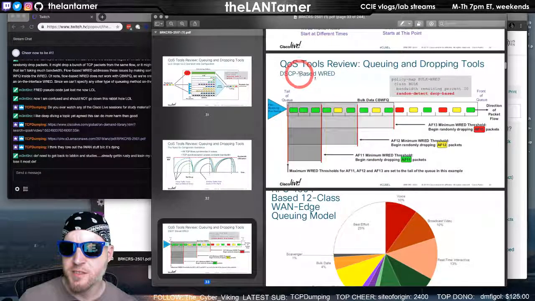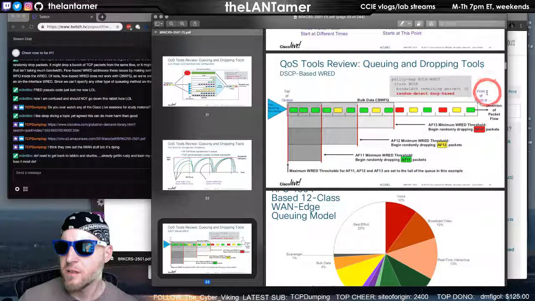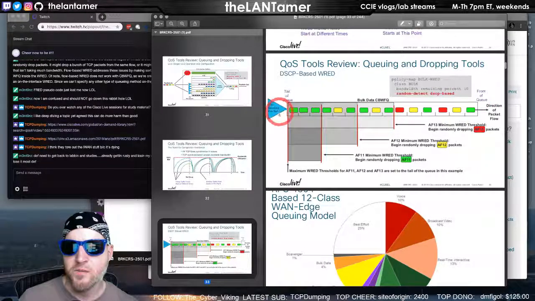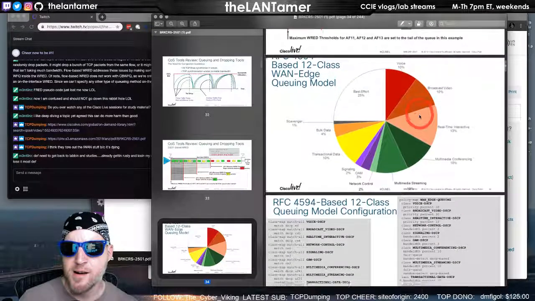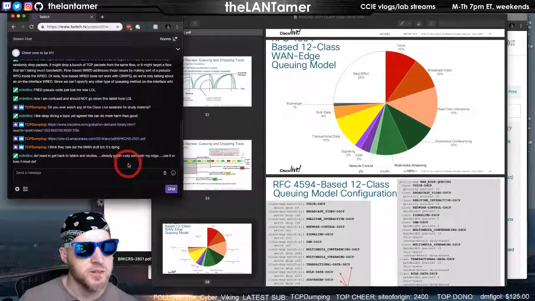Okay, check out this slide, DSCP-based RED. Okay, I understand these thresholds. Fair queuing, pre-sorter, tail of queue. Yeah, I might need to watch that video.